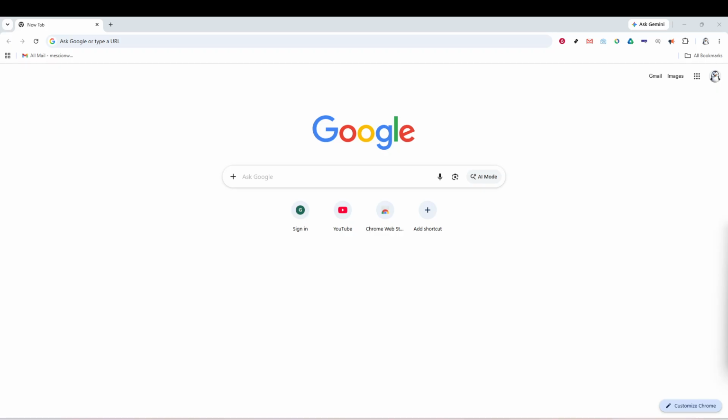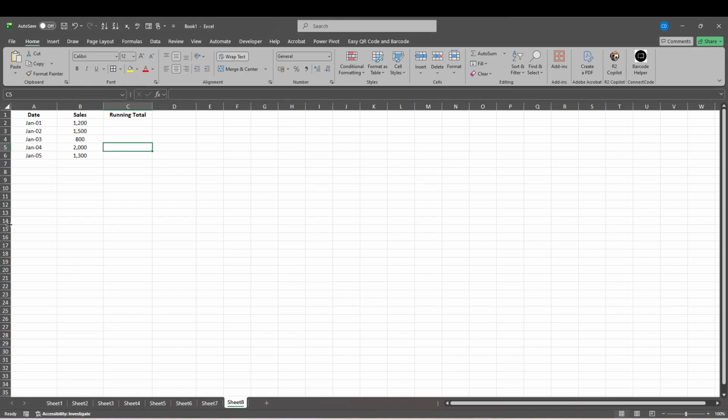For this example, set up a small data table with 3 columns: date, sales, and running total. Then enter the sample data so your sheet looks like this: Jan 1 with sales of 1,200, Jan 2 with sales of 100, Jan 3 with sales of 800, Jan 4 with sales of 2,000, and Jan 5 with sales of 1,300. Place this data in cells A1 through C6 with the headers in the first row and the values